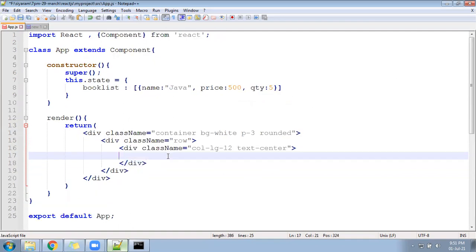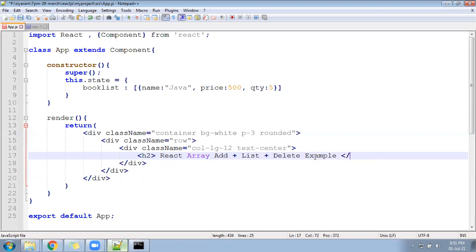After that, I'll print inside. I'll follow here h2. I'll write here: React array add list delete example.